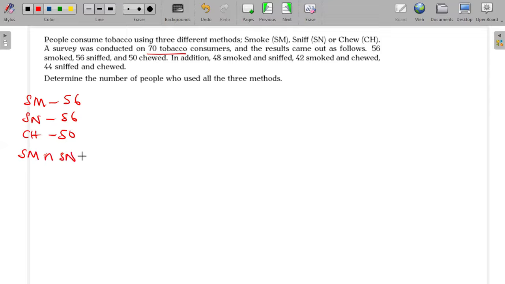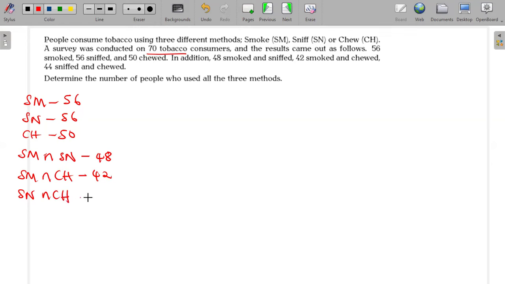SM intersect SN here is going to just give us 48. And then those that smoked and chewed, smoked intersection chewing, were just 42. And then you have those that sniffed and chewed. So SN intersect